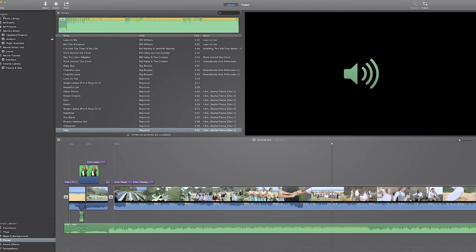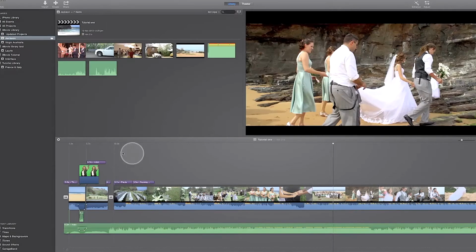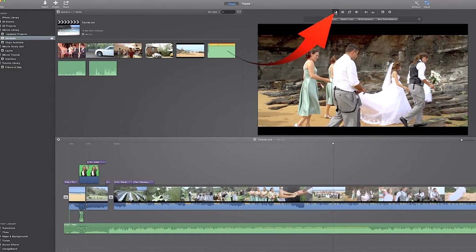In the next lesson we will look in more detail at how the library works here, and then we'll go to the browser and look in detail there. We'll also look in the project area and the timeline and see how that works. We'll look at how we edit and adjust our clips once they are edited from the event library into the timeline. We will also look at how we adjust various controls like the color, tones, cropping, stabilizing, audio controls, and